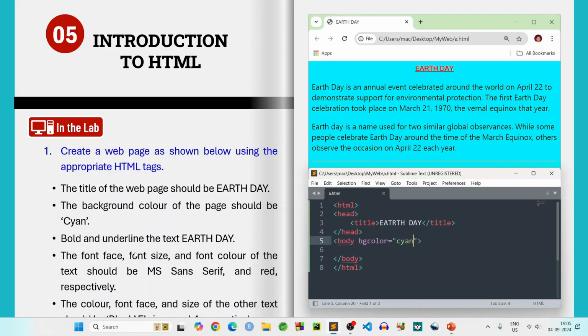So third point is bold and underline the text Art Day. So we must write Art Day in the body area and it is center aligned also. So we'll write Art Day, and this should be bold and underlined. So B tag should be written and then underline tag should be written. So you must close underline first and then bold. So if we run this page,